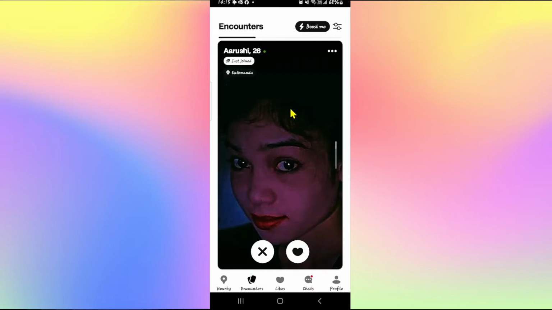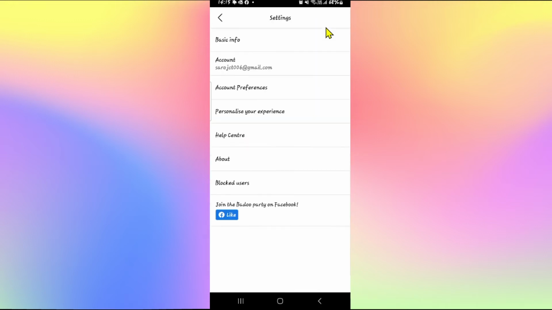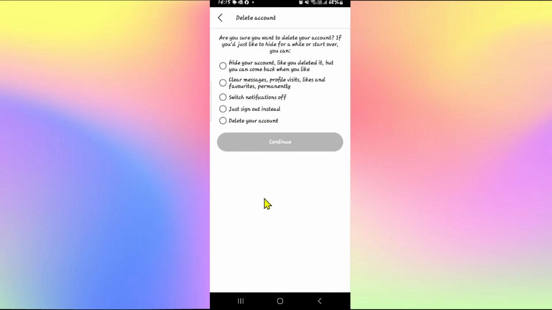Now, if you wish to deactivate your account, tap on the profile icon at the bottom right corner and then tap on the gear icon at the top right. Now, from the gear icon, tap on account and then you have the option to delete your account at the bottom section. If you tap on this, you will be asked whether you are sure that you want to delete